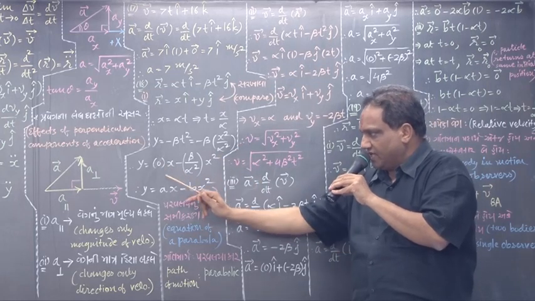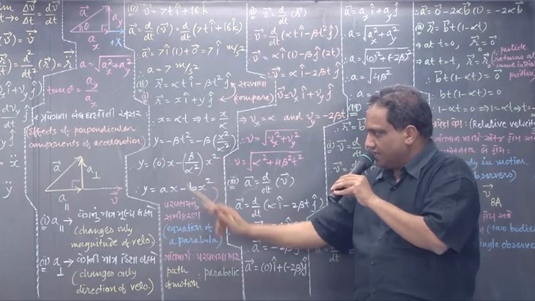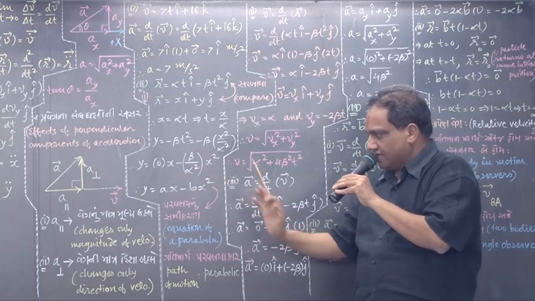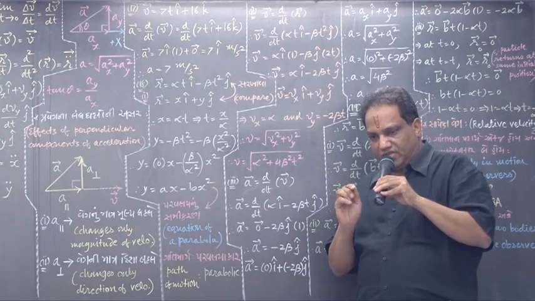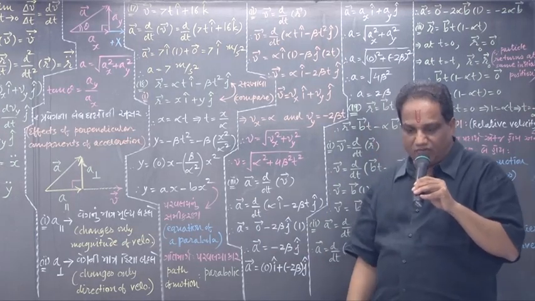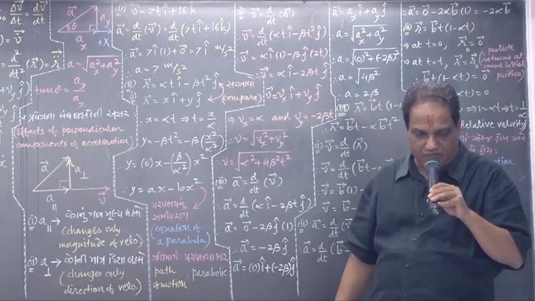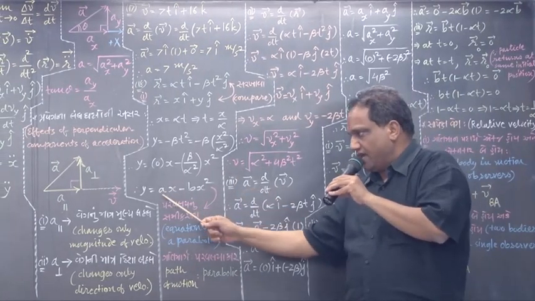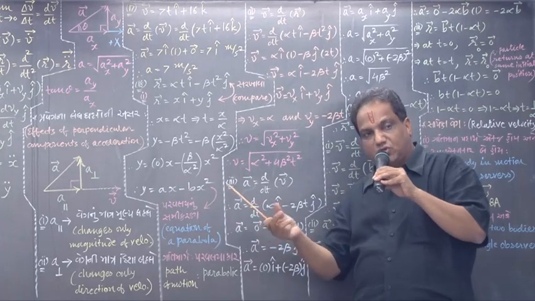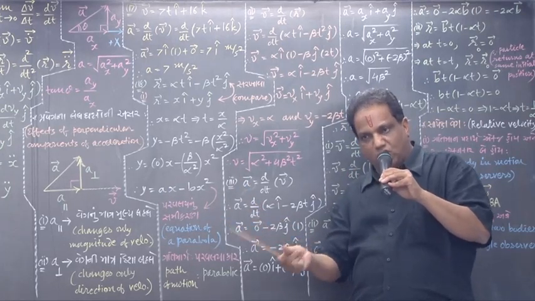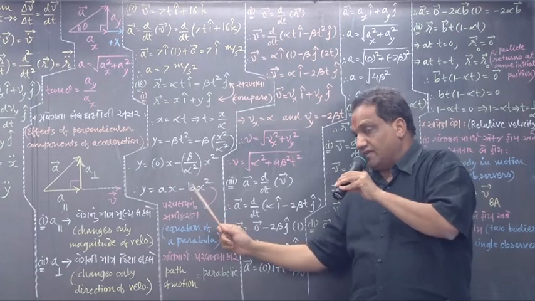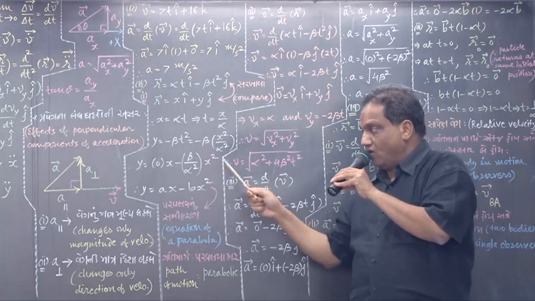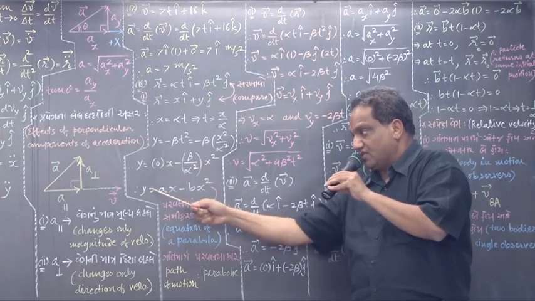Now compare this with a. This x as it is, minus as it is. Compare this with small b and x square as it is. Have you remembered the equation of a straight line? y equals mx plus c. Similarly, remember from now onwards, y equals ax minus bx square. This is the equation of a parabola. The form of this equation is like the equation of a parabola.